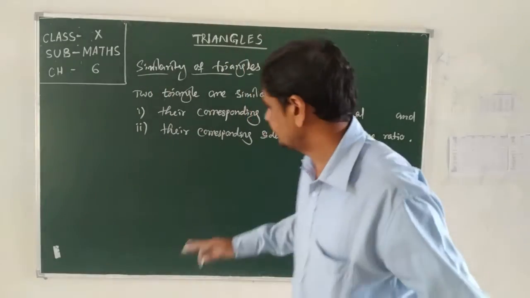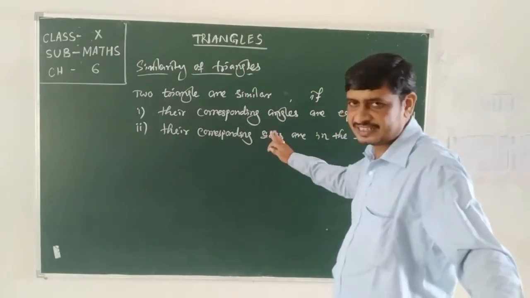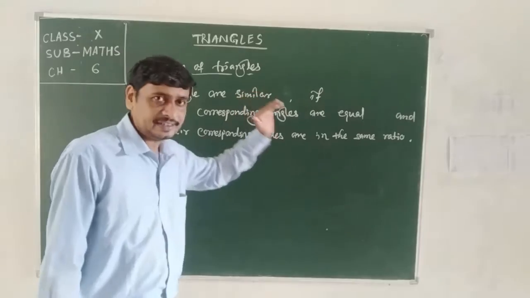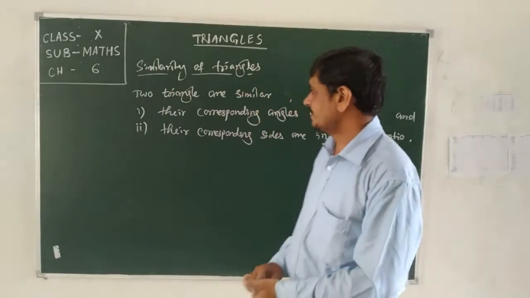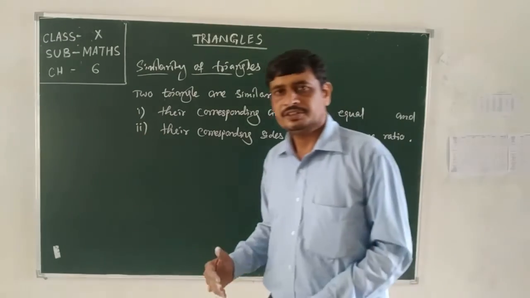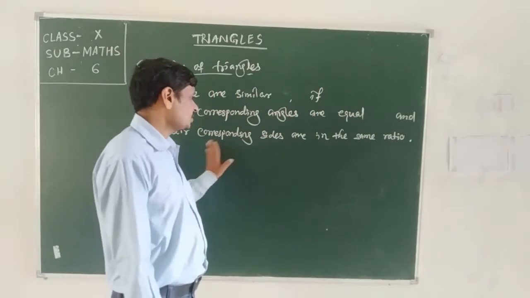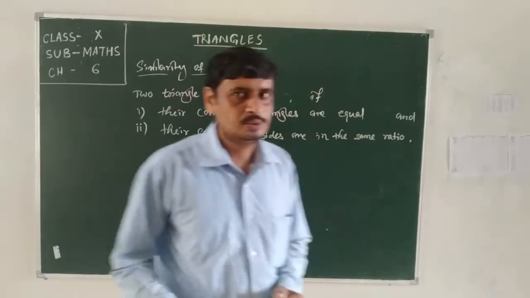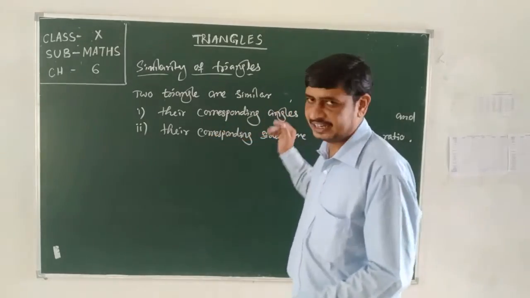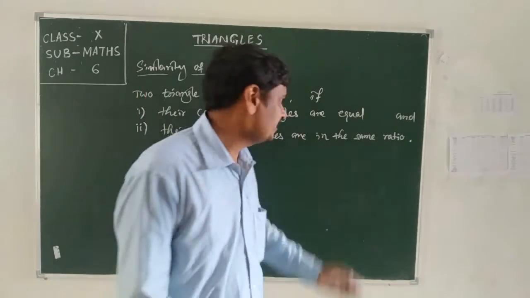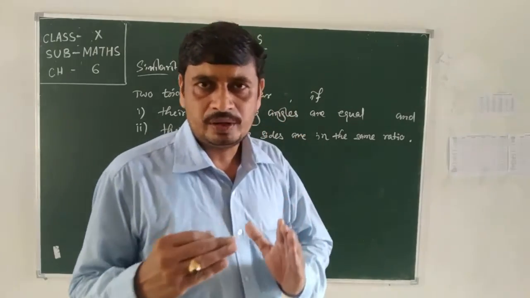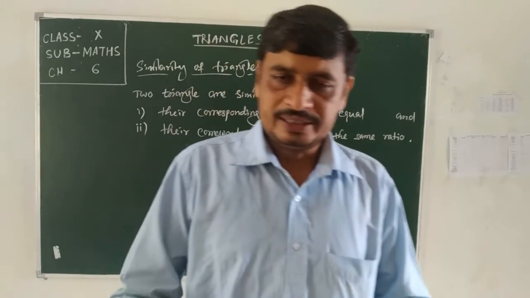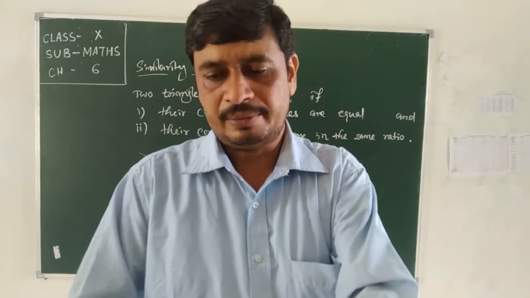If corresponding sides are in the same ratio and the corresponding angles are equal, then we say that the triangles are similar. If it is observed that corresponding angles are equal, then no doubt the corresponding sides will come in the same ratio. If the corresponding sides come in the same ratio, then also the corresponding angles become equal. If any one of these two conditions is satisfied, then the second condition is also satisfied. So let's discuss these conditions